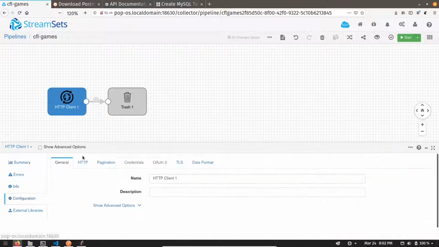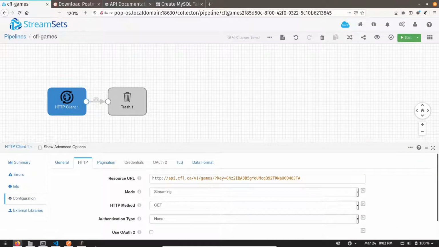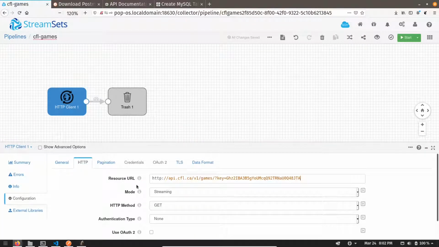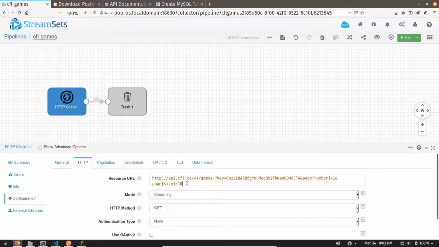Go to the configuration and let me add the page parameters again. Let me copy it again and paste it over here. Now let's set the mode to batch and leave the rest of the things as they are.